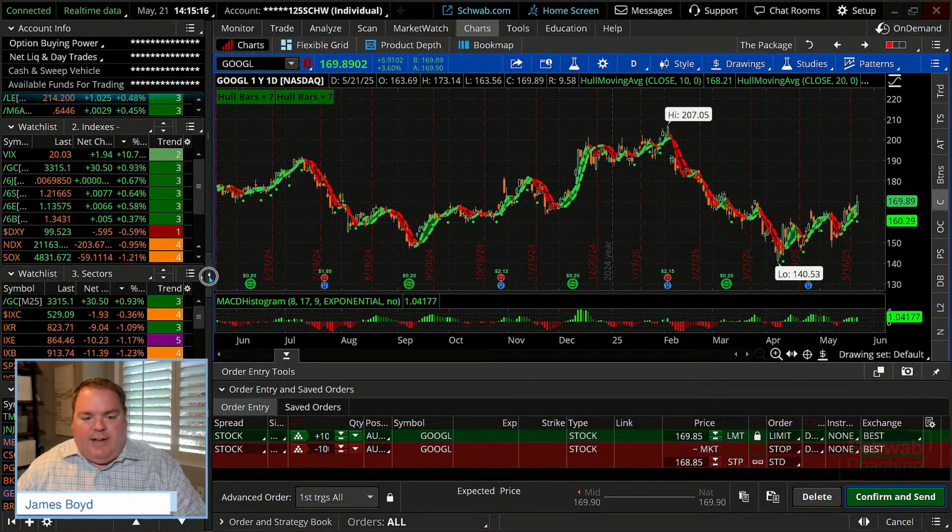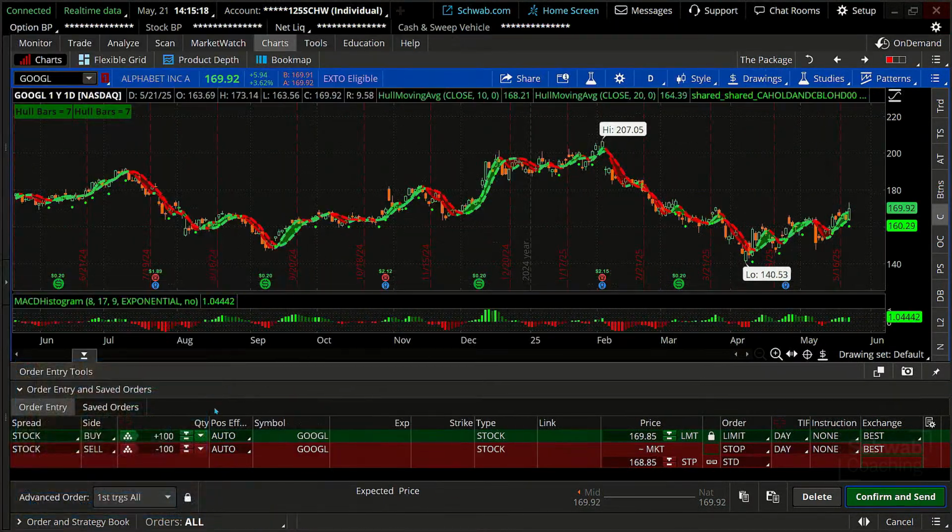let's close that left sidebar. It's going to bring up 2 rows. The first row is in green. That is the buy order. And the sell, the second row, is in red. Okay? So that's really not that bad. The nice thing about this, if we're doing a stock trade or an ETF trade, we don't need to bounce back and forth between charts and trade. We can buy and sell right off the chart.